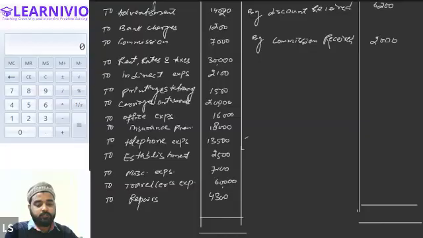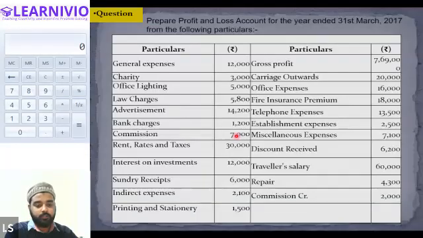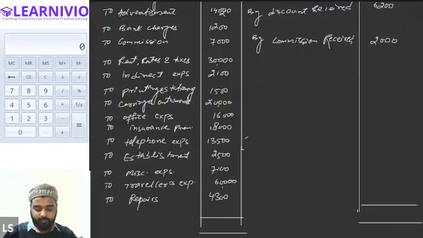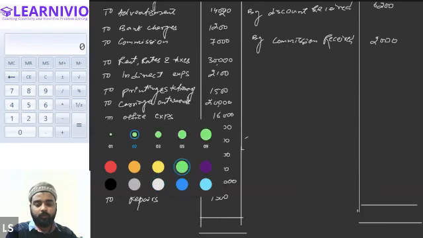No, sir. So this is the solution, and let me just show you the solution on the PowerPoint. In this case, there will be a profit of 5,72,000. Clear, everyone? So we will write down the profit of 5,72,000 on the debit side, like this: to gross profit,